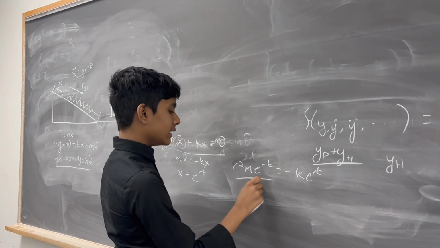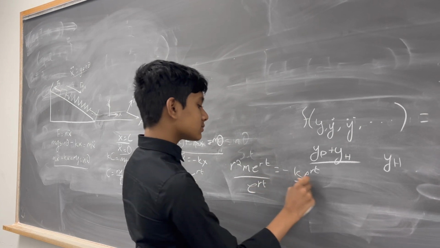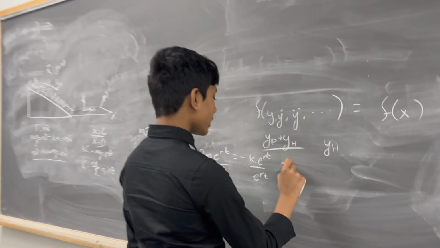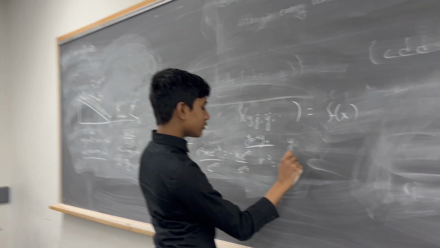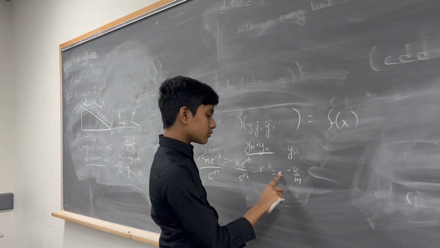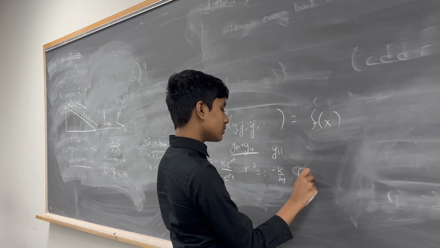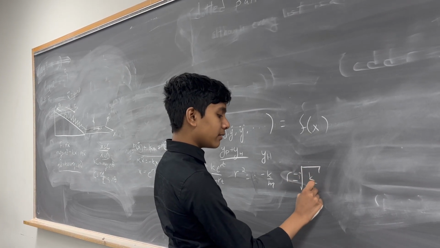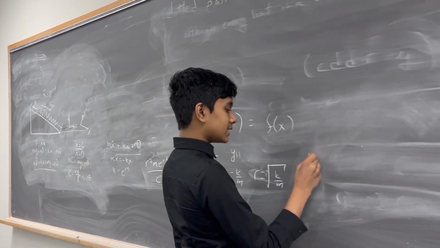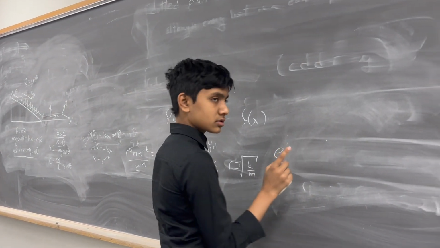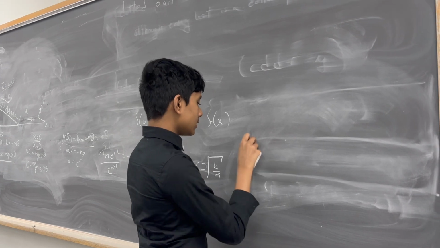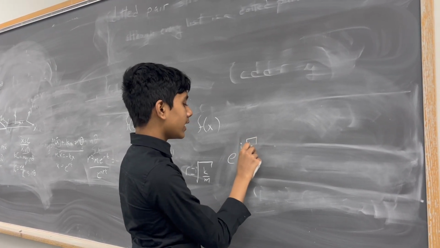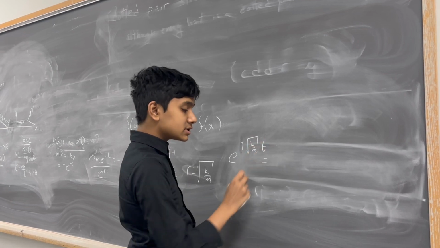We divide by e to the rt on both sides, and we get r squared is equal to minus k over m. So r is equal to i times the square root of k over m. Then you get e to the i times the square root of k over m t, which is just equal to